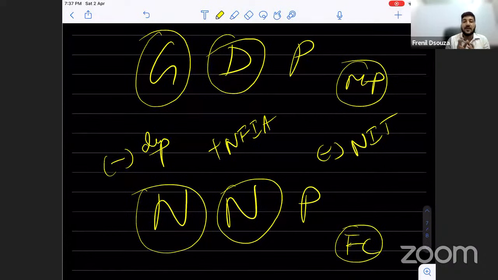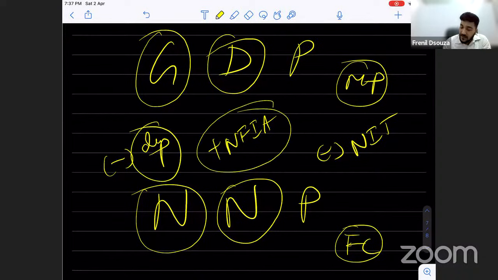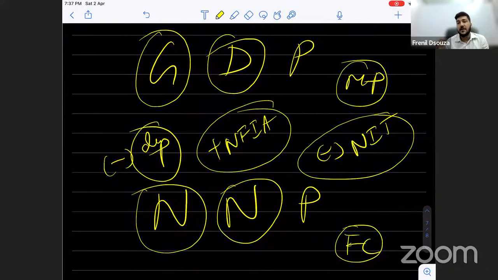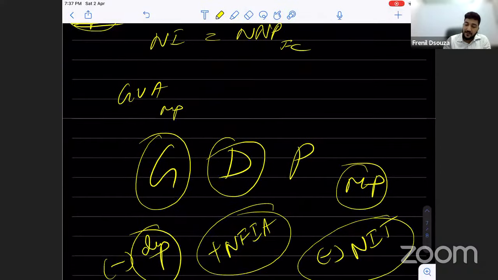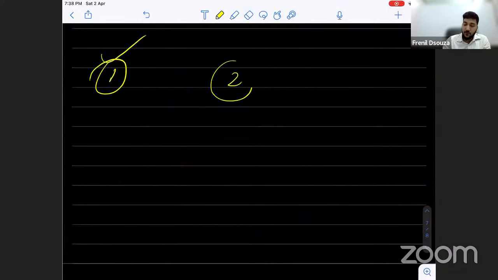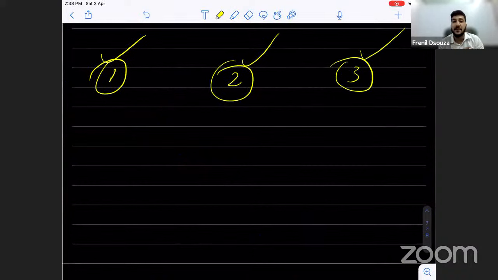Only three small calculations, and they will give you what is the depreciation. They will give you what is NFIA. They'll give you what is indirect tax, right? In that also you will have indirect tax and subsidy. In NFIA you will have factor income earned abroad and paid abroad. You know how to give those adjustments, and that's all. That is with regard to your estimation of national income. That is going to be your step 3. So if you have done step 1, step 2, and step 3, your problem according to value added method is solved, right? So let us go to the next method.